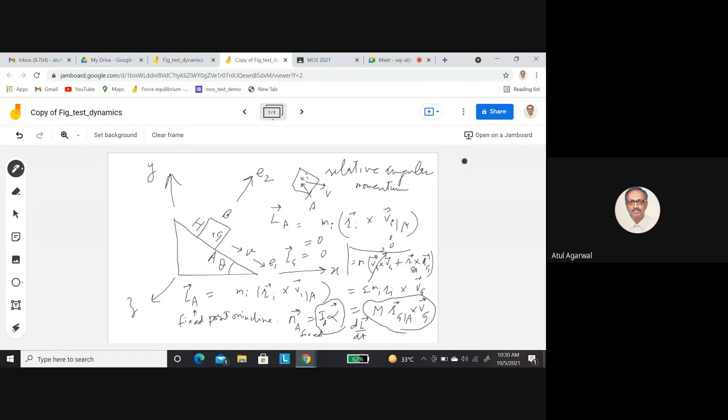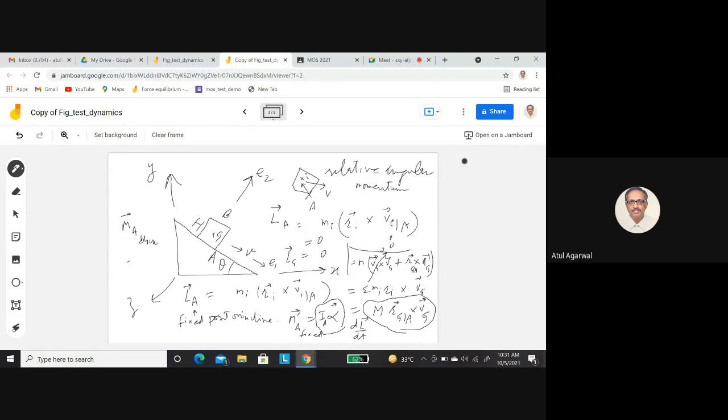So this equation you will use to find moment. This will be an equation of rotational motion. So you are finding the moment of forces about point A fixed on the incline, and that will be this. Suppose you are using the equation of moment of forces about point A on the block.